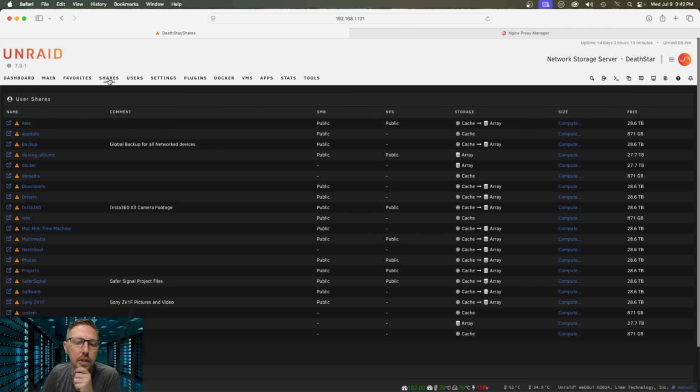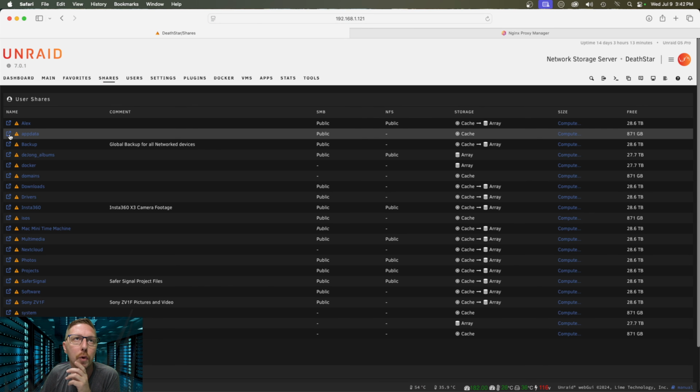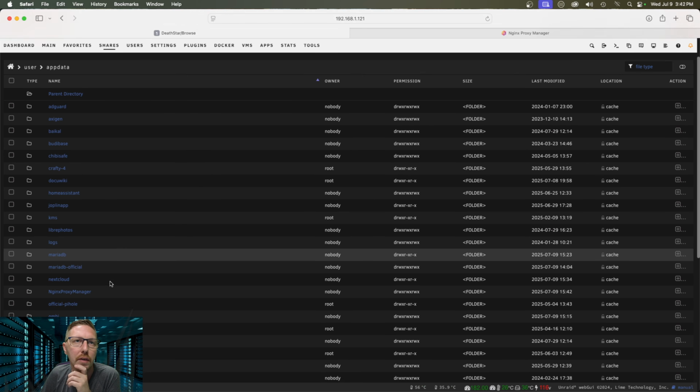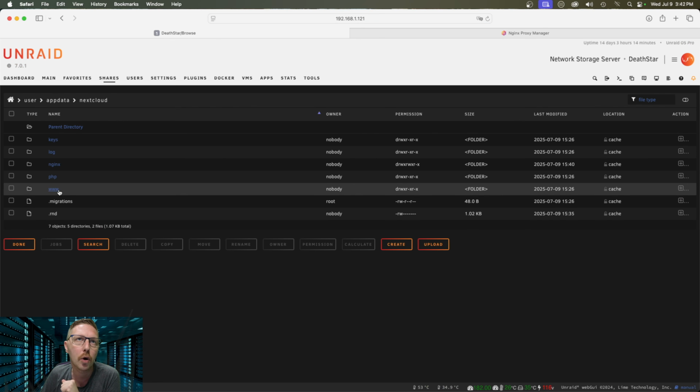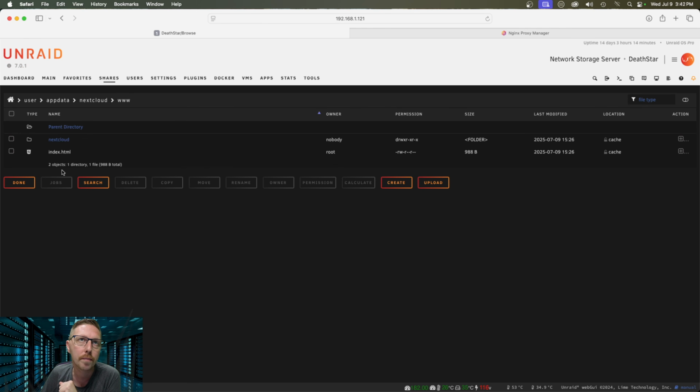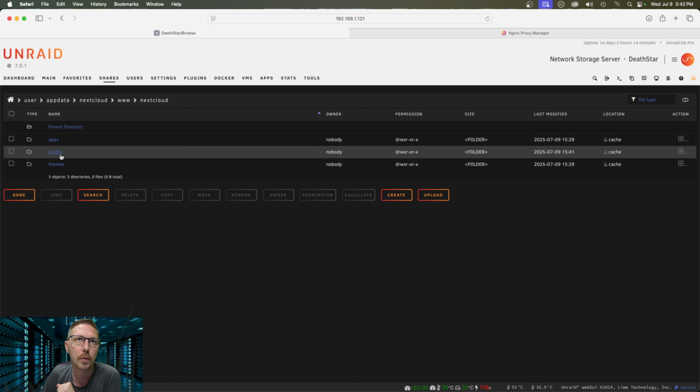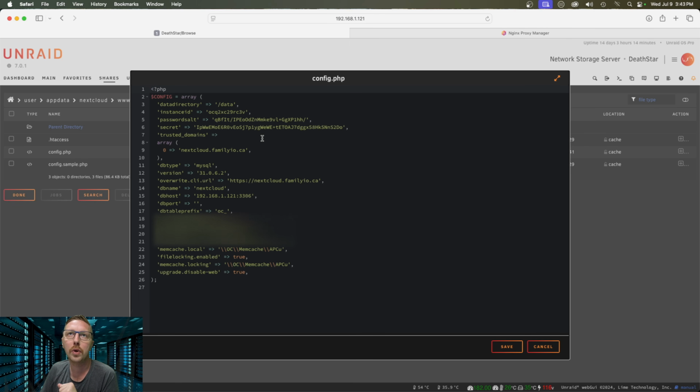I went over to my shares, and I opened the app data folder right here on the left. And then I found NextCloud, opened that up, and in here, we want to open the www folder. We want to open NextCloud, and we want to open config, and we want to edit this file here, config.php. Now, what I had to do was update the URL that's in here. So I had to put in the nextcloud.familyo.ca, as well as I had to change it down here as well to https